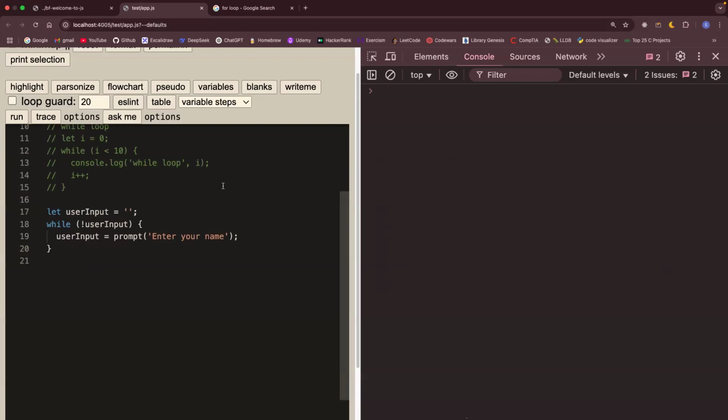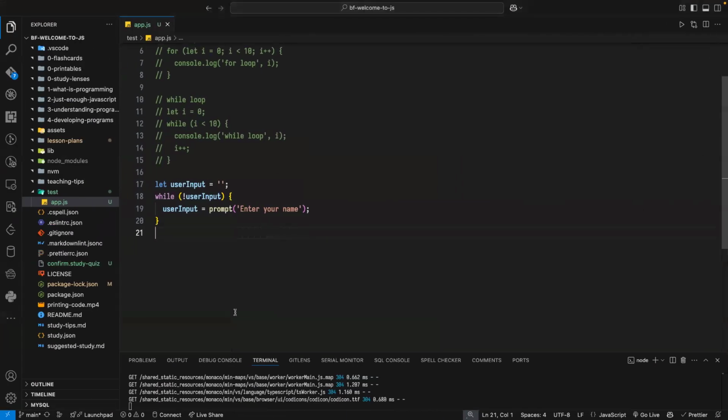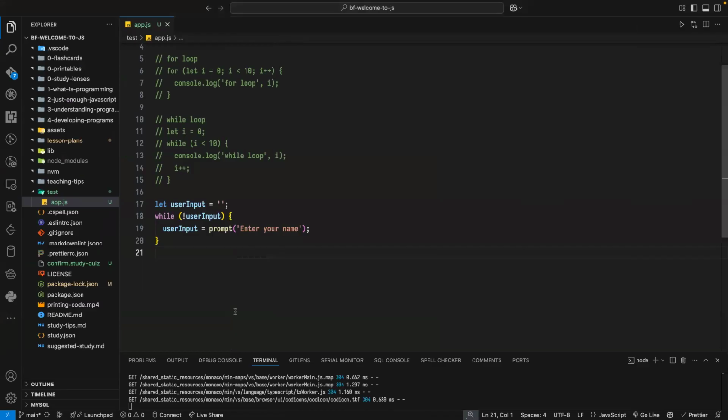Okay, let user input be an empty string, then while user input is equal to 10, something like that, or less than 10. So the user will be prompted, and it has to be 10 characters before you can get out of the loop. I can say if user input dot length is not equal to